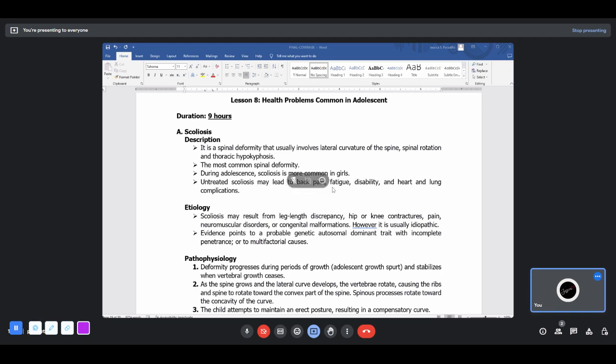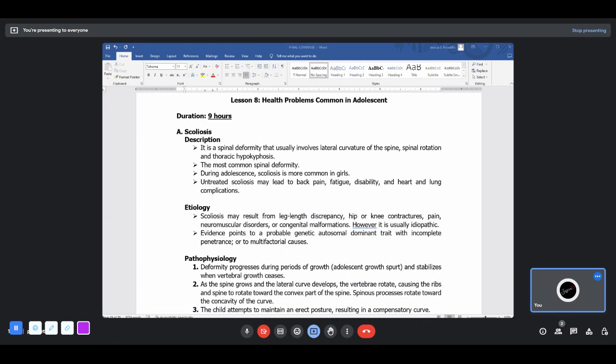For our lesson 8, we will be discussing the health problems common in adolescents. When we talk about adolescents, these are the teenagers, the teenage years. For our first topic, we will be tackling scoliosis. Scoliosis is a spinal deformity that usually involves lateral curvature